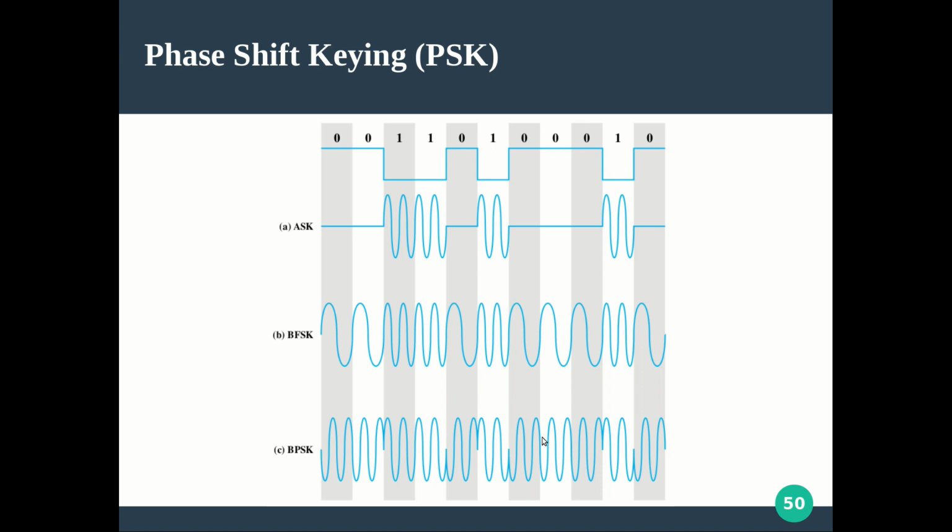Similarly, you can think of multi-level phase shift keying, a particular case being quadrature phase shift keying, where 4 different phases you can take, like 0, say pi by 4, 90 degree, 180 degree, like that. Even quadrature and higher phase shift keying are also possible. Even differential techniques come here. So this is what we are focusing on.